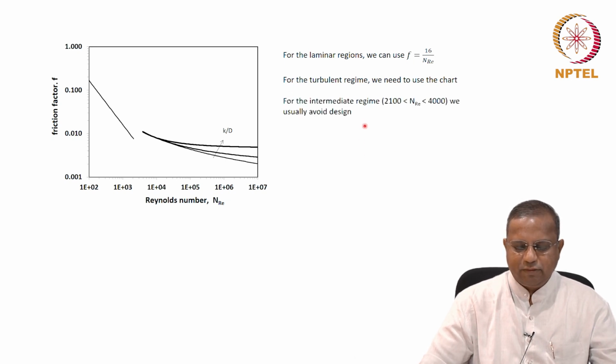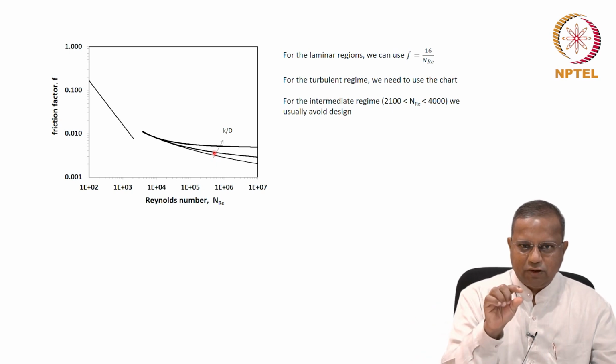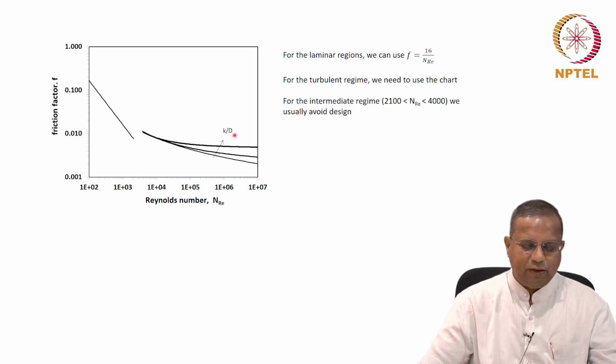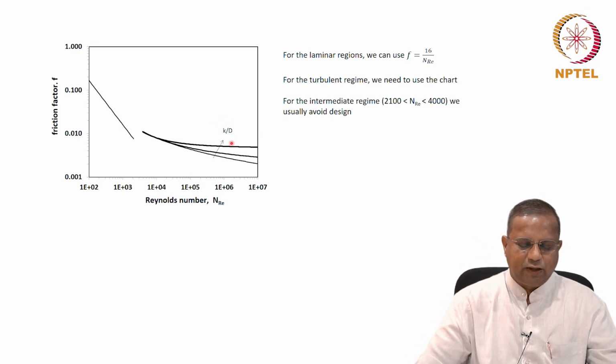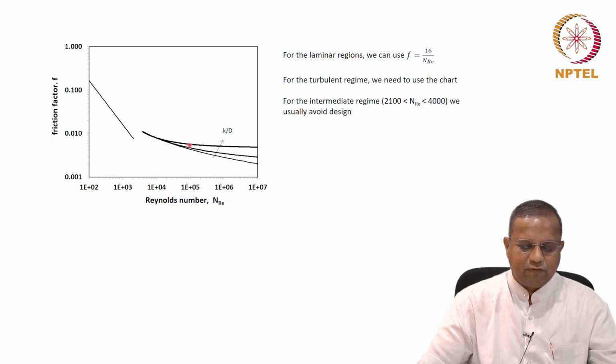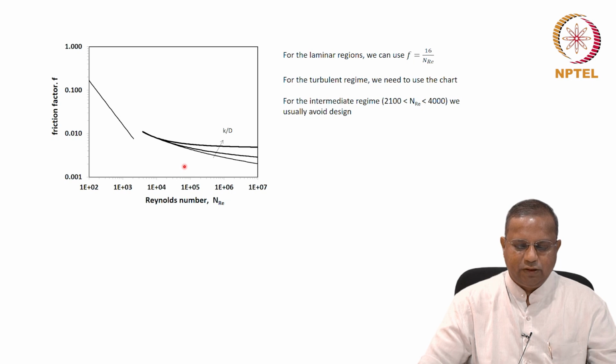For the turbulent region, if you know the Reynolds number, and if you know something called a roughness factor in the pipe, the roughness factor is the thickness of the roughness level in the pipe, and the ratio of that to the diameter is what is called the roughness factor. For one roughness factor, for the smooth pipe, you have the lowest one. For one roughness factor, you have this. For a higher roughness factor, K by D, you have this, and so on and so forth. You can interpolate between these because they are reasonably close by on a logarithmic graph, for an estimate, of course.